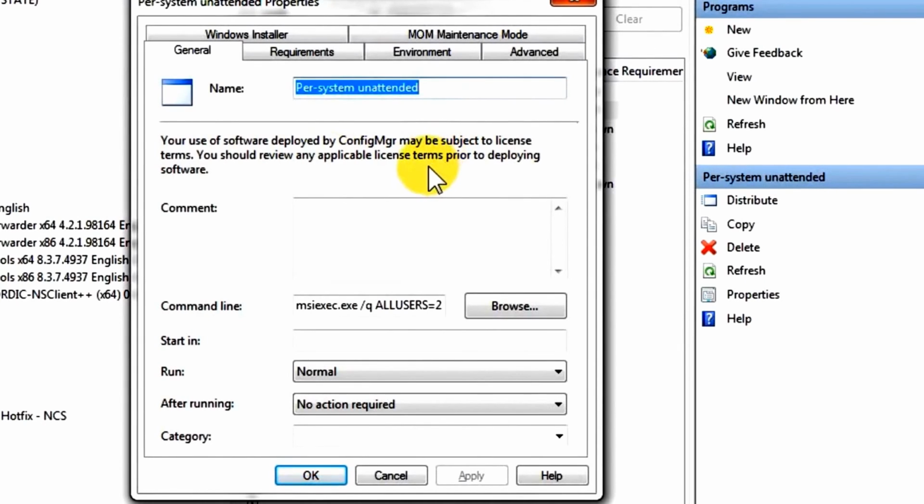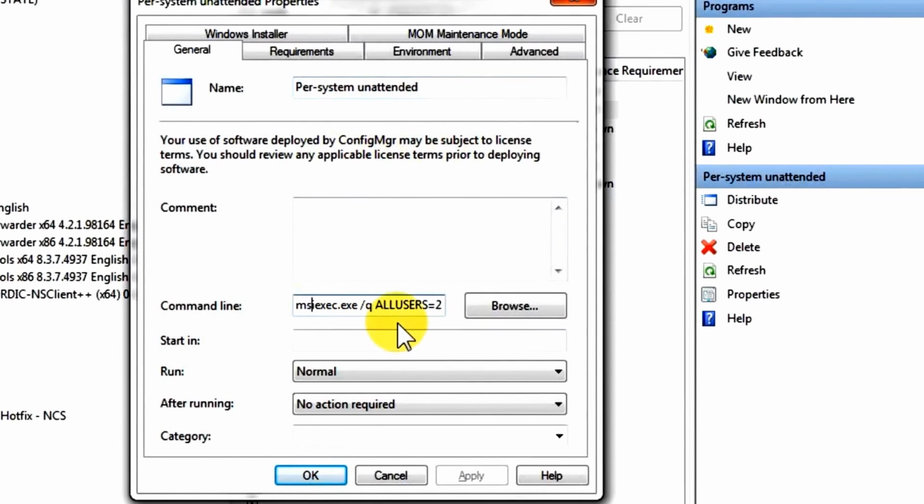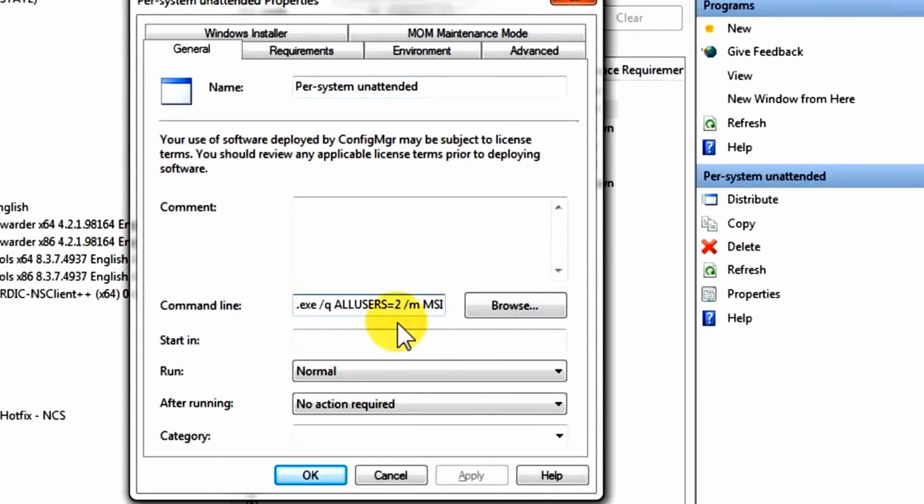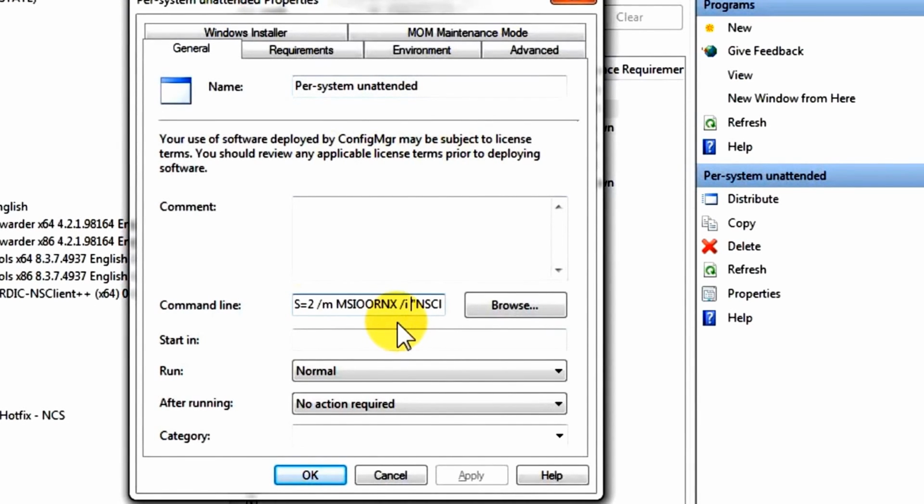The command line that it pulls is the basic MSI exec /Q for quiet is what makes it unattended. All users equals 2 is the install for all users in a per system. I'm not entirely sure what the /m is doing here, but that's why I enjoy using the wizard. For apps that are documented on appdeploy.com, or which the vendor gives additional command line options,